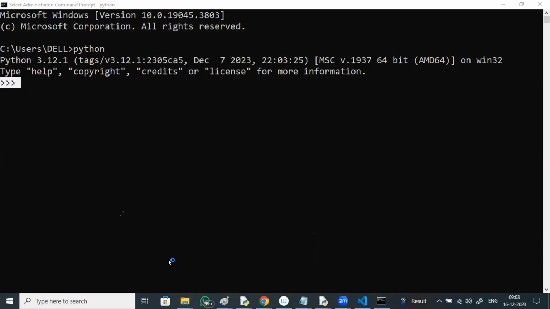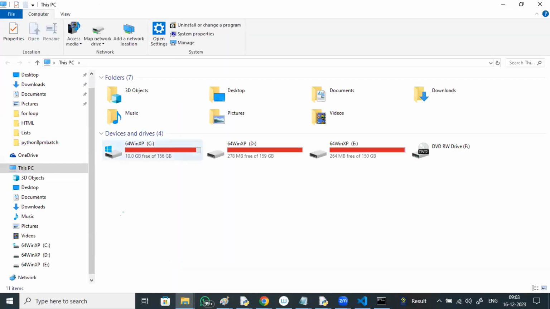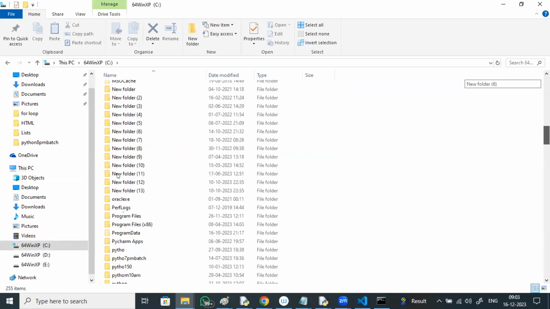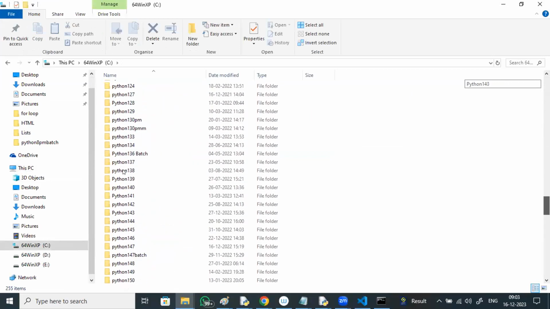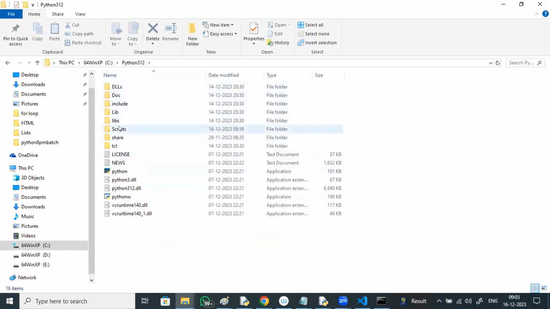If I install Python 3.11 or 3.12, in my system in the C drive itself you can see a Scripts folder.